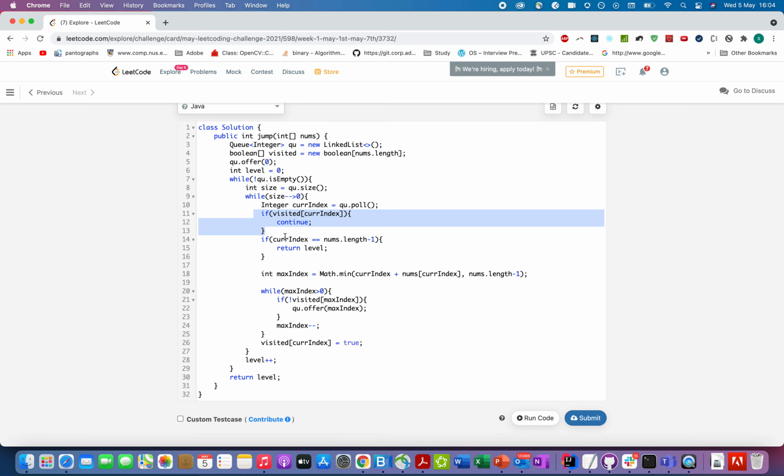Otherwise, I'll check what is the current index that I have pulled out from the queue. If it happens to be equal to the terminal condition, that means the last index, I'll abort the process and return the level. Otherwise, I will find the maximum index that is reachable from the current index. And how will we find it? Current index plus nums at current index, the formula that was stated in the slideshow as well. Also, there is a slight caveat to it. We had to take the minimum of this value and the total length of the input array,